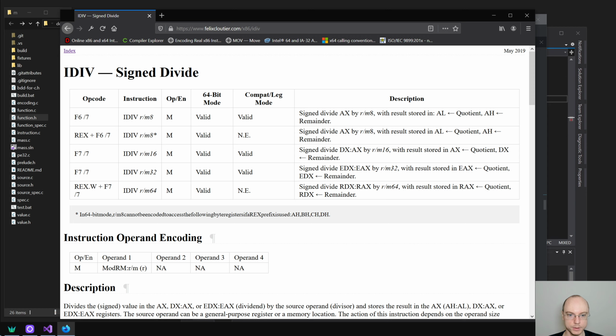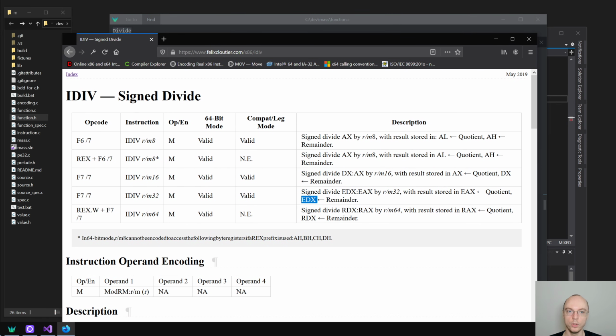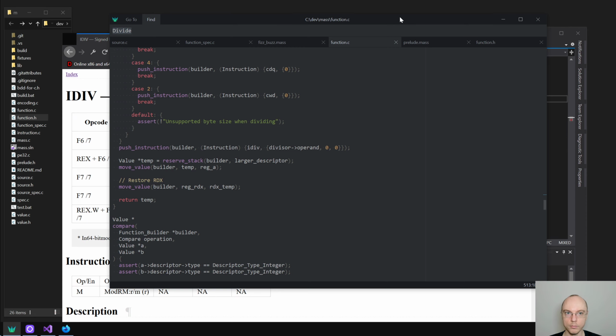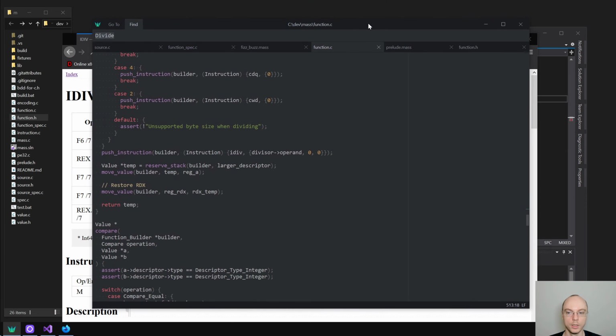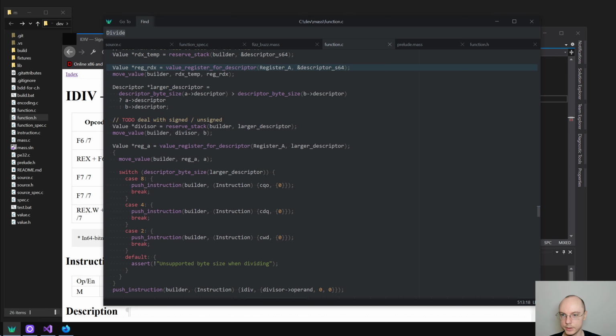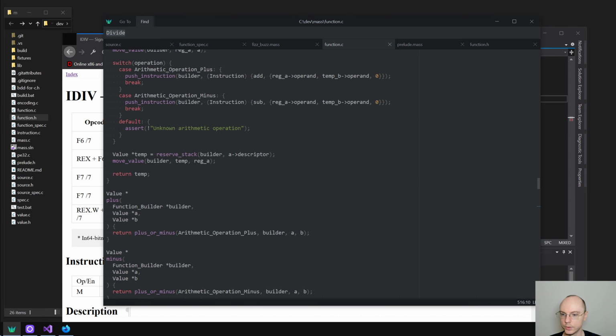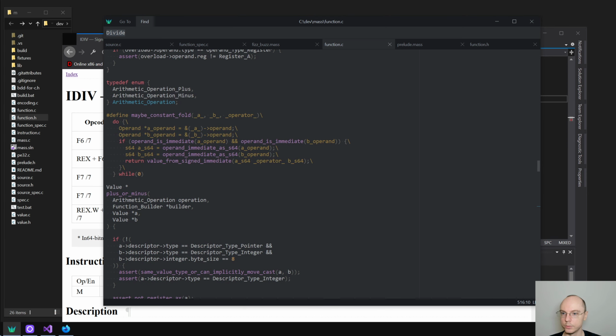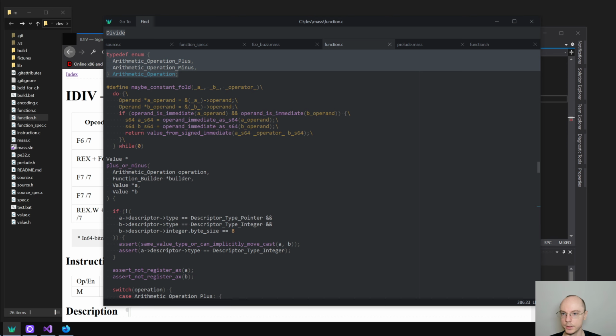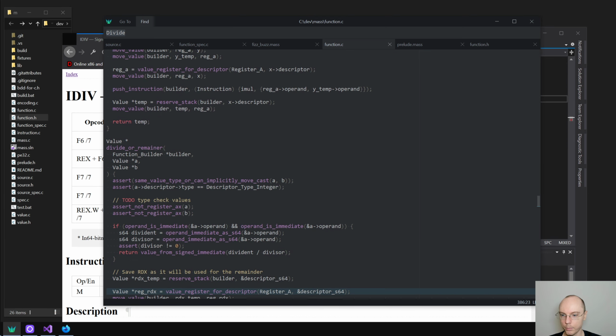So you can see here, for example, this is 32-bit. The result is stored in EAX and the remainder is stored in EDX. So technically we get both when we divide, and that means that here I would just need to pass an extra thing. I just want to see how we do it in plus or minus, so we pass it as a first thing. Okay, so